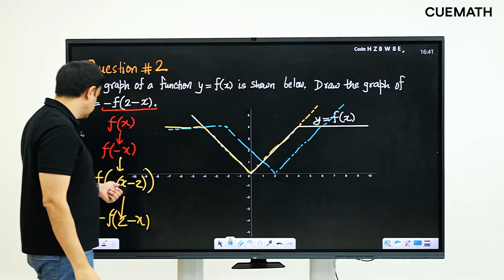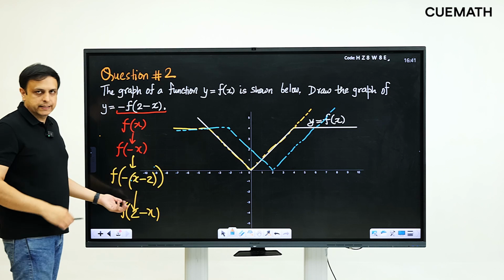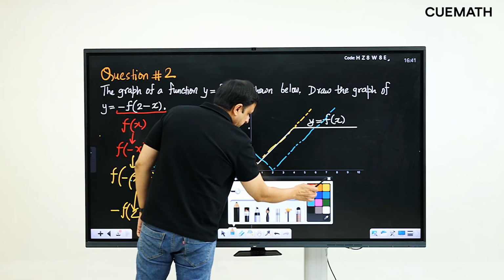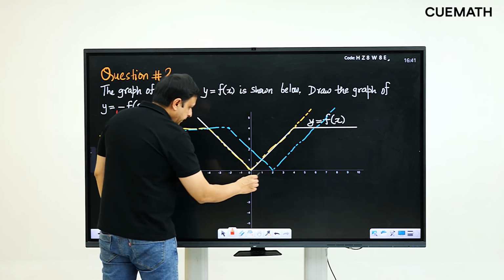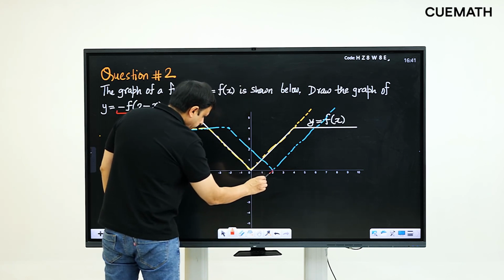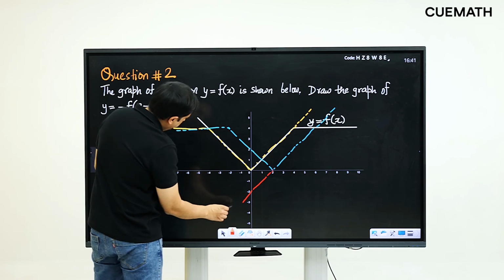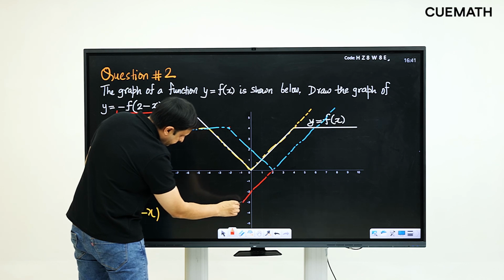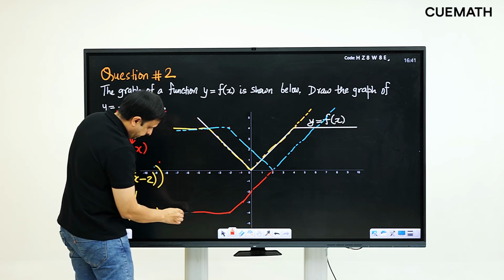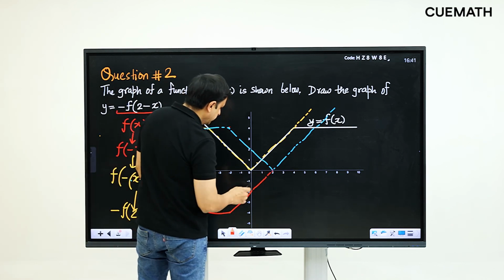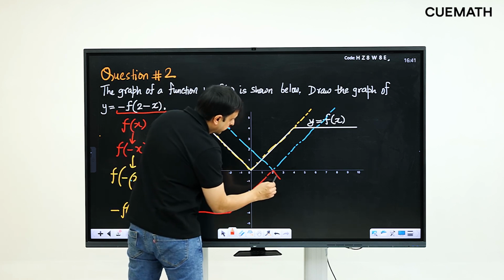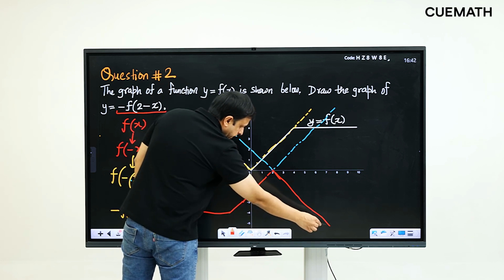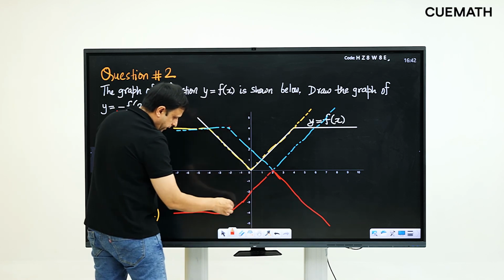And now this graph here, I should reflect it about the x axis because I want the negative of it. So, let us now reflect it about the x axis, and I am going to get something like this. So, let us see if I am doing this right. So, this point here, minus 2, 4, should come to minus 2, minus 4, okay, and then I get this line over here, and then this thing here will reflect down like this. Okay, so I am getting this curve here,